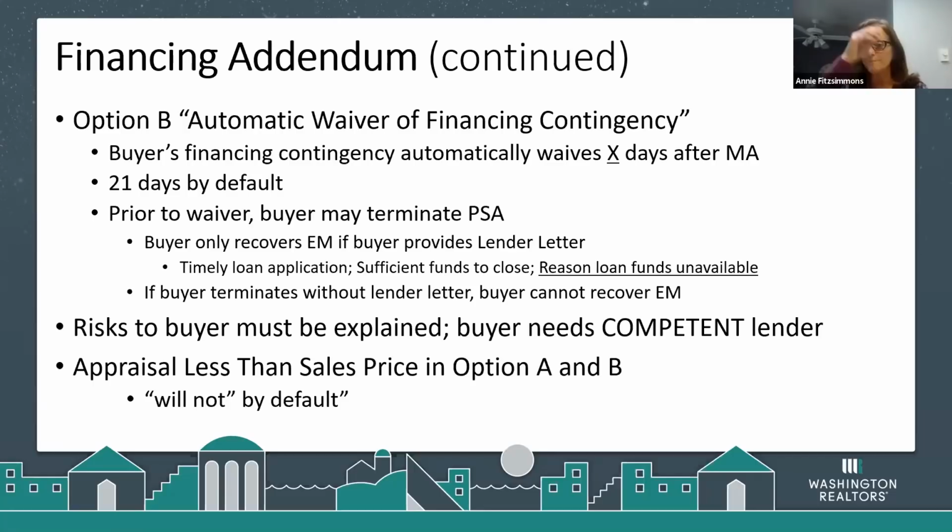If you're only familiar with option A, then option B probably feels like it's the opposite end of the spectrum. But I kind of feel like option A is here, option B is here, and no financing contingency at all is over here at the other end of the spectrum. Option B might be a nice middle ground for the buyer, when a seller is saying, look, buyer, this financing contingency drives me crazy because you're going to have a financing contingency all the way to closing if we use 22A. Maybe listing broker and buyer broker, communicating with their clients, could get the parties to a middle